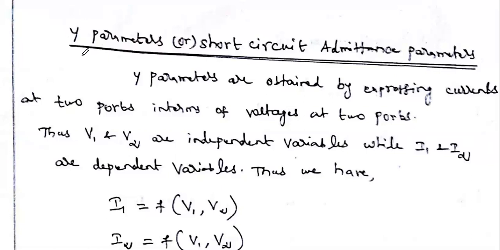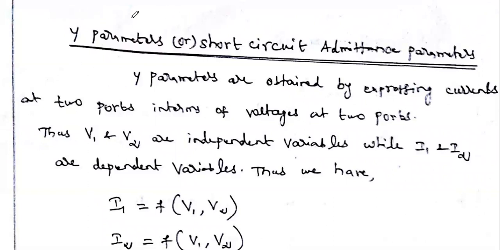It is called the Y parameter. Y means admittance. This Y parameter is otherwise called the short circuit admittance parameter. The Z parameter's other name is the open circuit impedance parameter. Why is it called open circuit? While calculating Z11, Z12, Z21 and Z22, we have to open circuit either the input terminal or the output terminal. That's why the Z parameter is otherwise called the open circuit parameter.